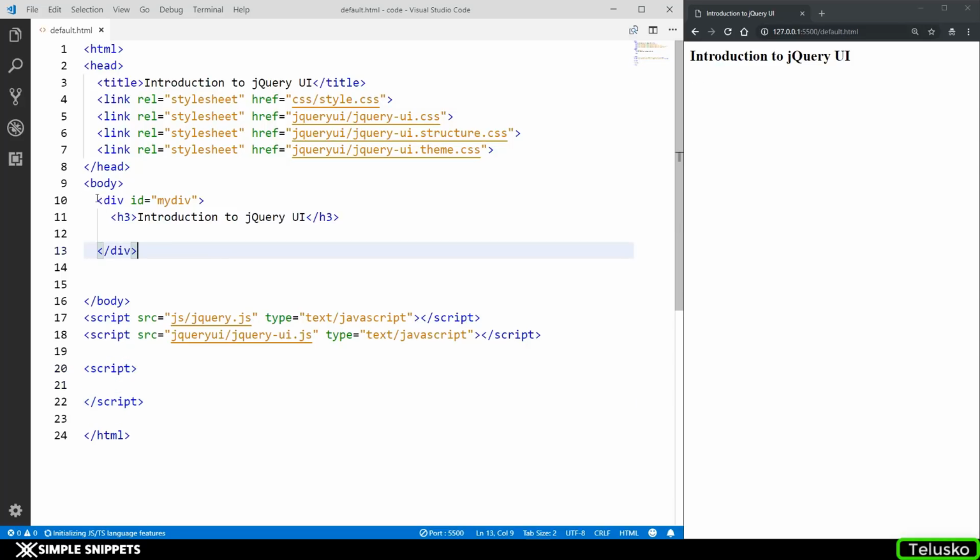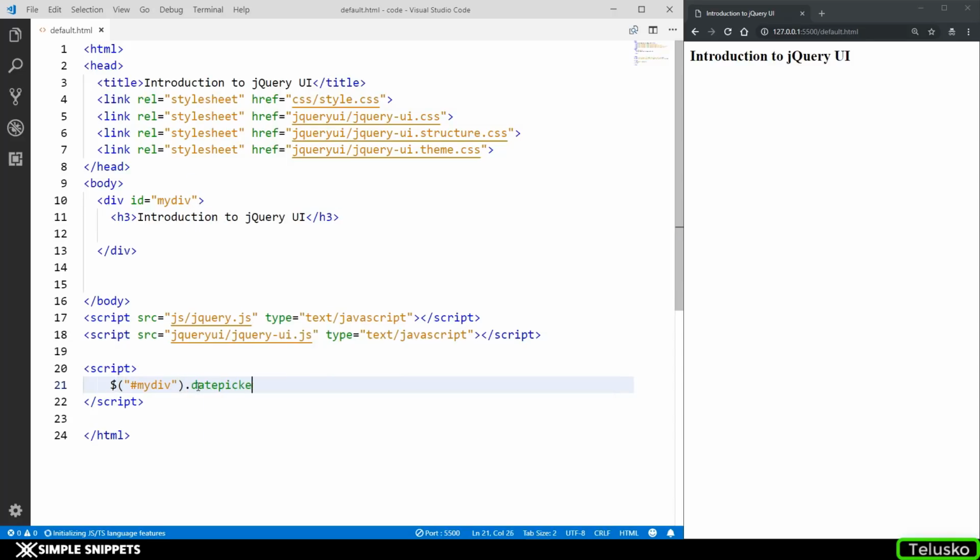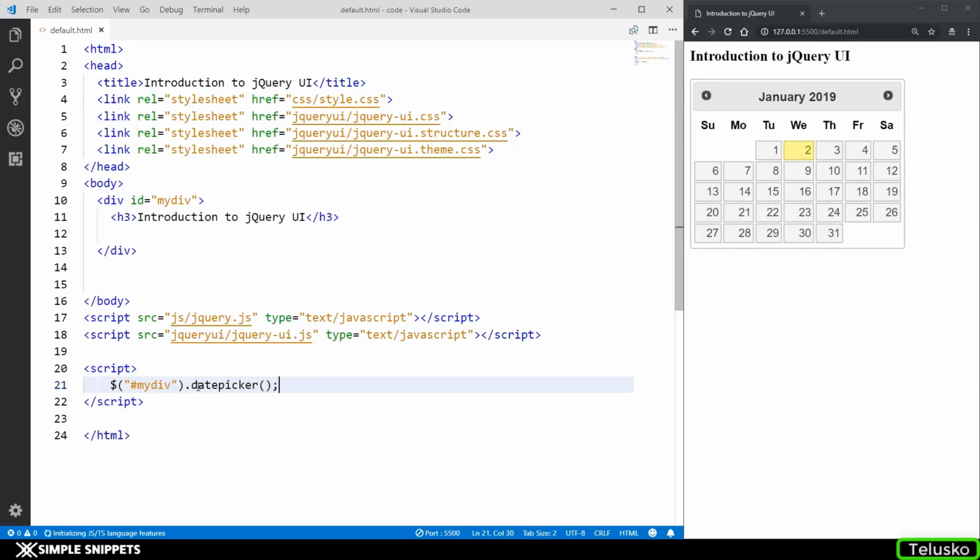So what I've done is I've given this division an ID of my div. So I'm just going to use the jQuery selectors to select that division. So I'm going to say $, inside I'm going to say hash my div, and I'm going to say dot, and there's an inbuilt method that I'm going to call. I'm going to say Datepicker, opening and closing round brackets and semicolon. And immediately, as you can see on the right hand side, we have a complete calendar which is directly rendered